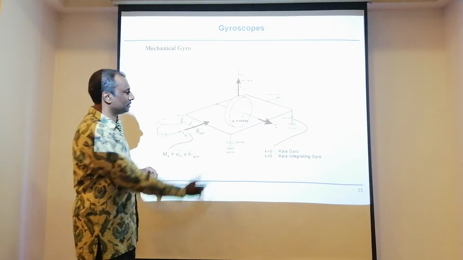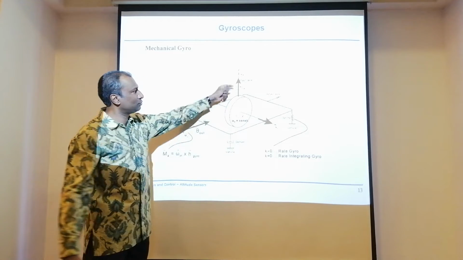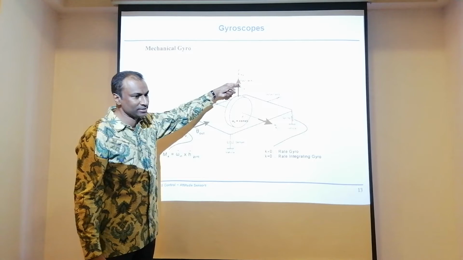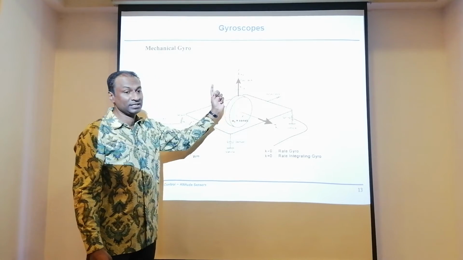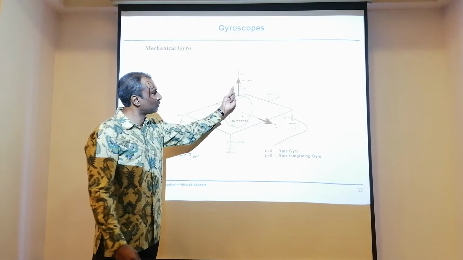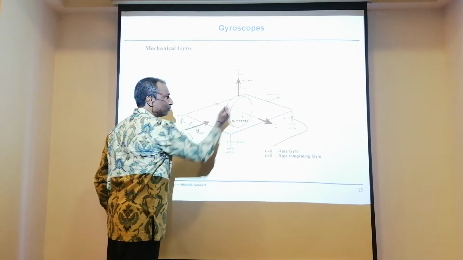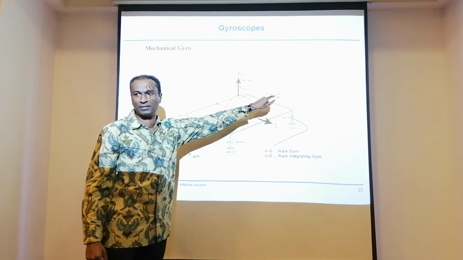So you can imagine a gyro rotating. Assume this is the Z axis, and there is an external disturbance which is actually a disturbing torque. So this torque is what you measure. This is external. Then the output is the deviation. It happens here in this axis.